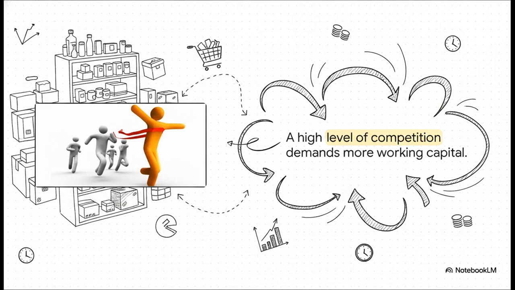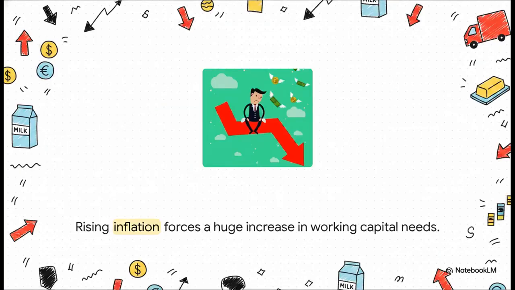A great example of this is Hindustan Unilever, keeping a vast array of products constantly available across competitive local markets to ensure they literally never lose a sale to a rival. This heavily increases their overall working capital requirement. Our final amplifier is the impact of inflation. When there's inflation, meaning rising prices, a huge amount of working capital is needed just to maintain a constant volume